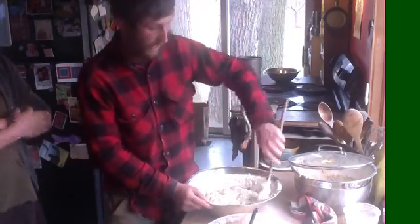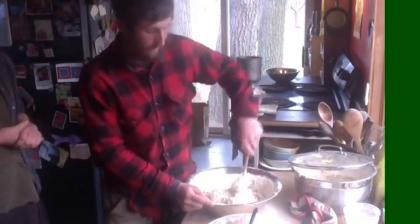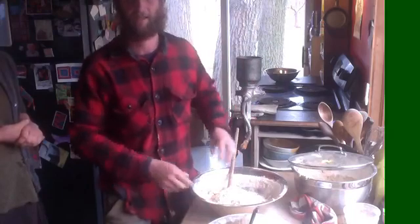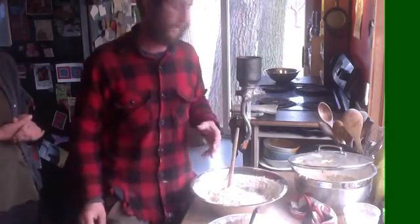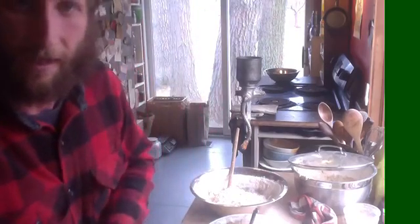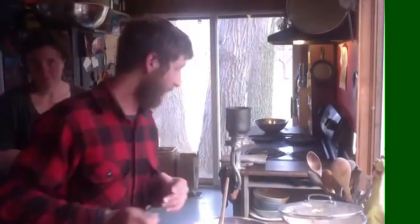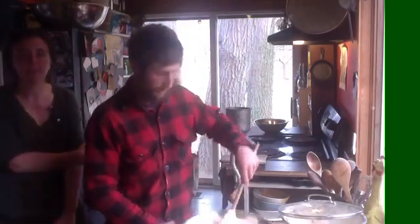So generally, the higher the protein content of a wheat, the easier it'll be to get a nice airy loaf. Our wheat is pretty low protein by most baking standards, so we treat it as gently as possible. If you're adding in some commercial flour, this will be much easier. So once we've got this...